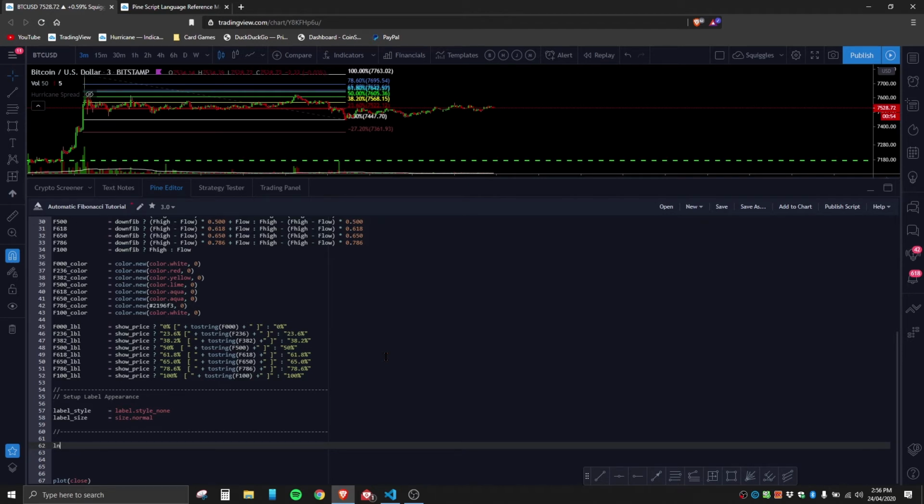So we want to give the line a variable name so that when we delete it, we are telling it which line to delete. So I'm starting with a variable name. In this case, the name is ln for line. I'm going to go equals